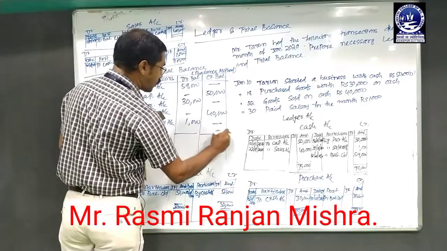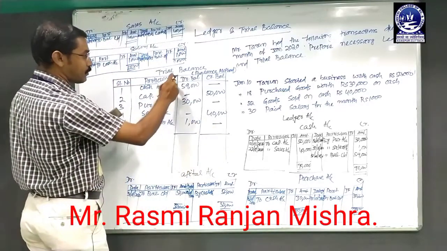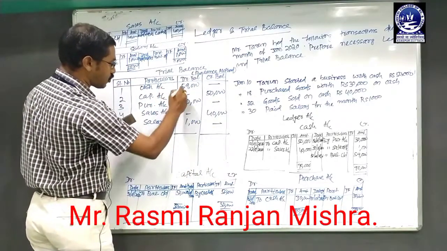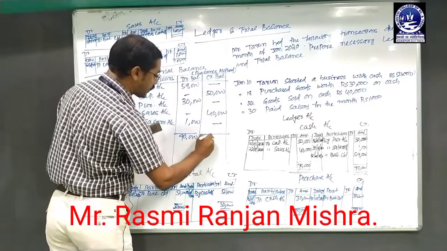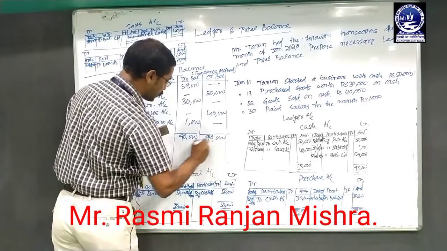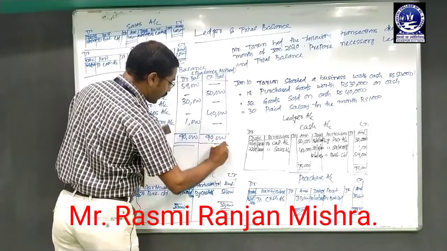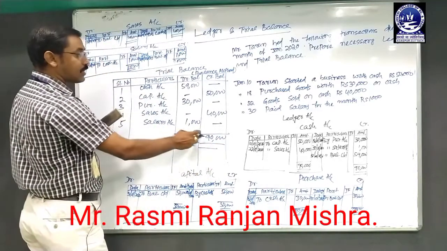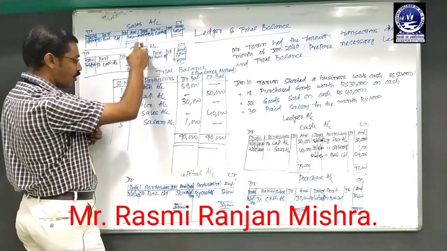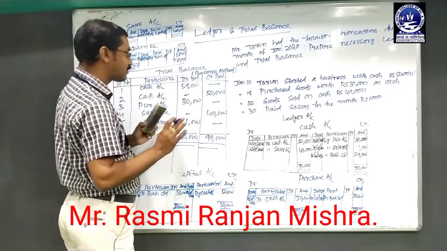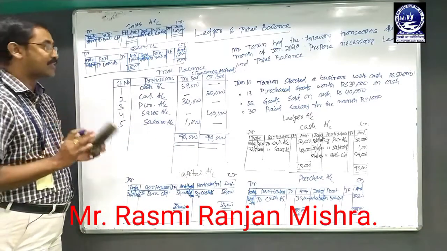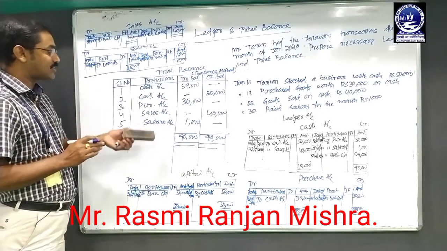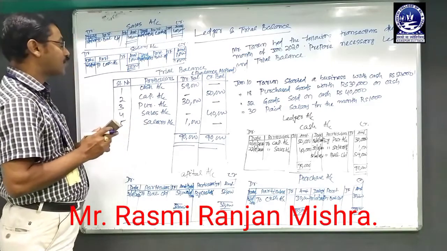Now we make total of two balance, debit balance as well as credit balance. So the total of debit balance, that is 90,000, and the total of credit balance, that is 90,000. So this shows that when the total of debit balance equal to the credit balance, that means all the ledger posting and journal is completed. So this is the arithmetical accuracy of the necessary ledger accounts, and this is done by balance method.